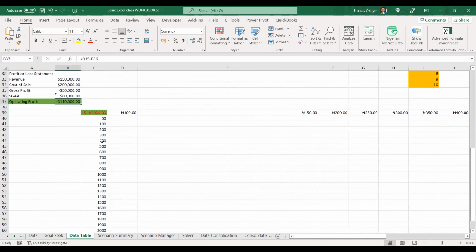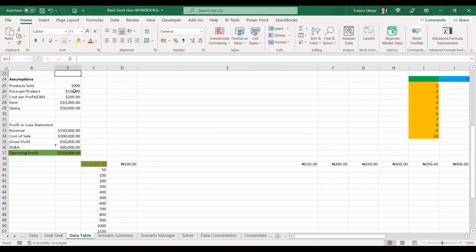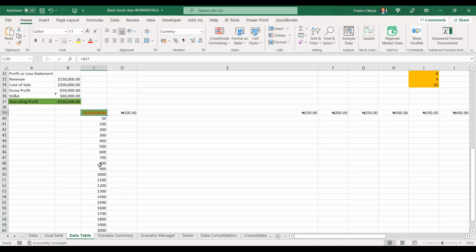It's the same thing with your cost. If, for example, your prices are affected by forex, what if the exchange rate increases to 500, 600, 700, 800? What will be the effect on your profit? So that's when you do something like this. This calculation I've done here is equal to this. You must set up the table like this.